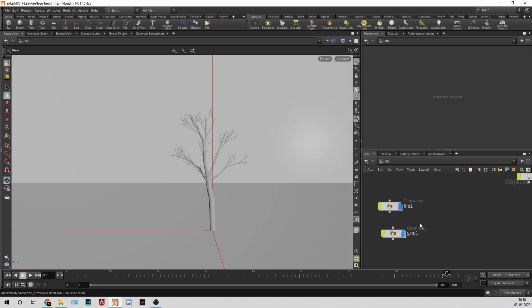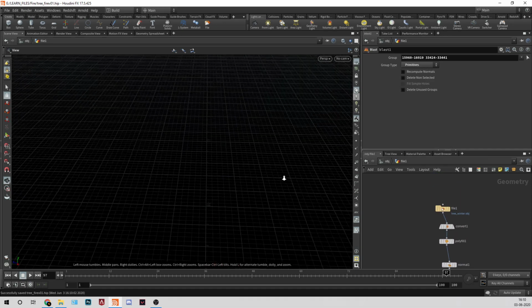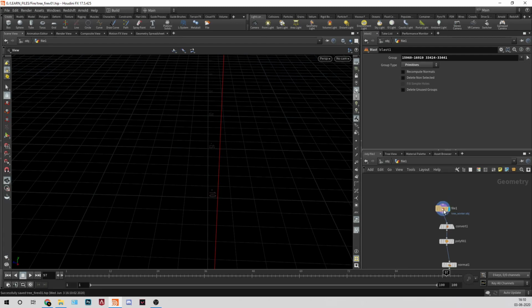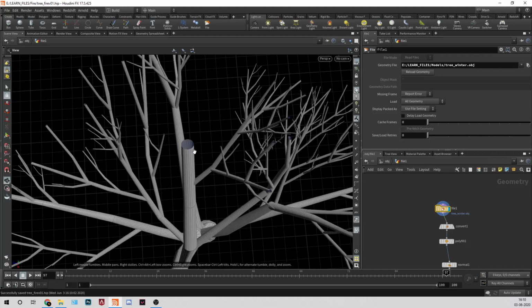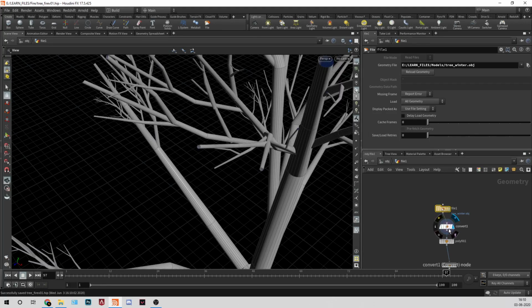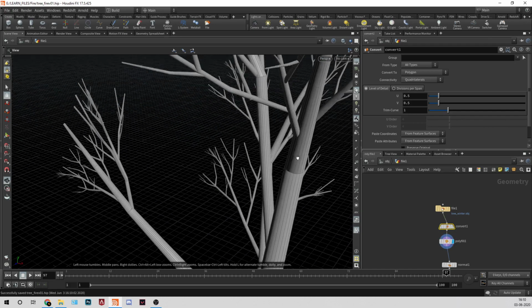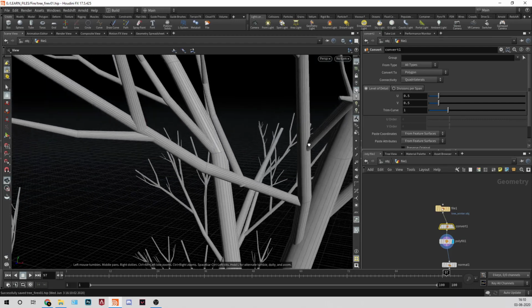Now if I go inside the file and delete these, so what I did, I downloaded this free model. You can see in the starting, this is so big, so I scaled it down. You can see this is not polyfilled, so I converted this, then I polyfilled it. I fill every single one, because we'll create fog or scatter points.